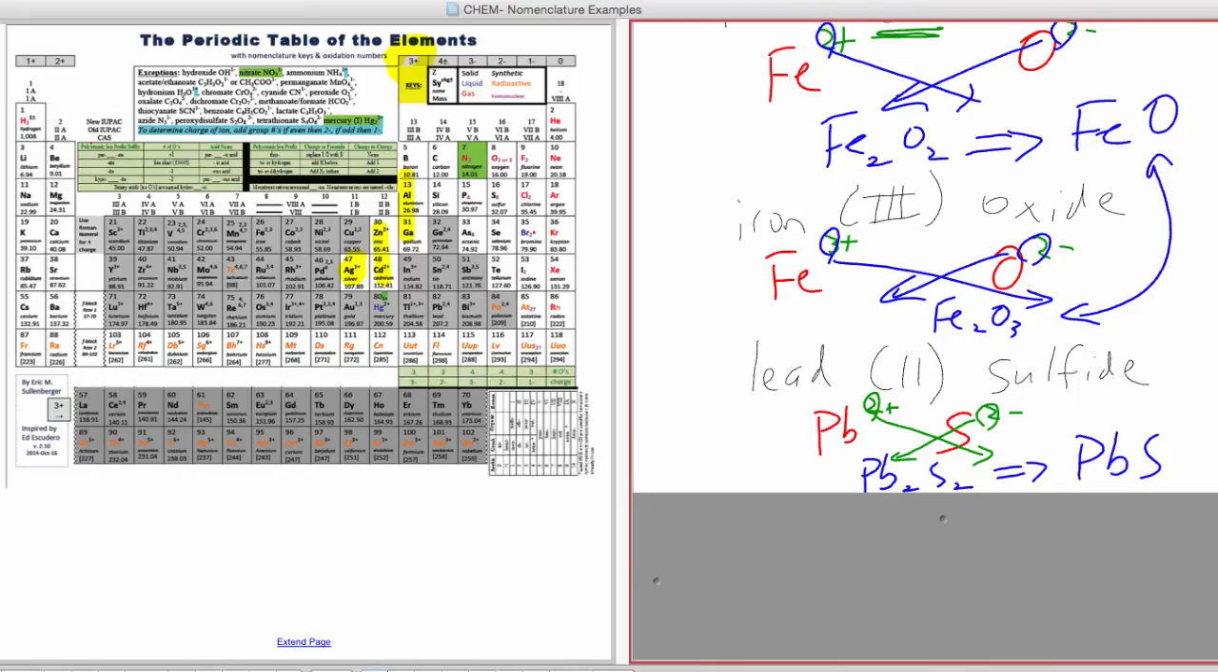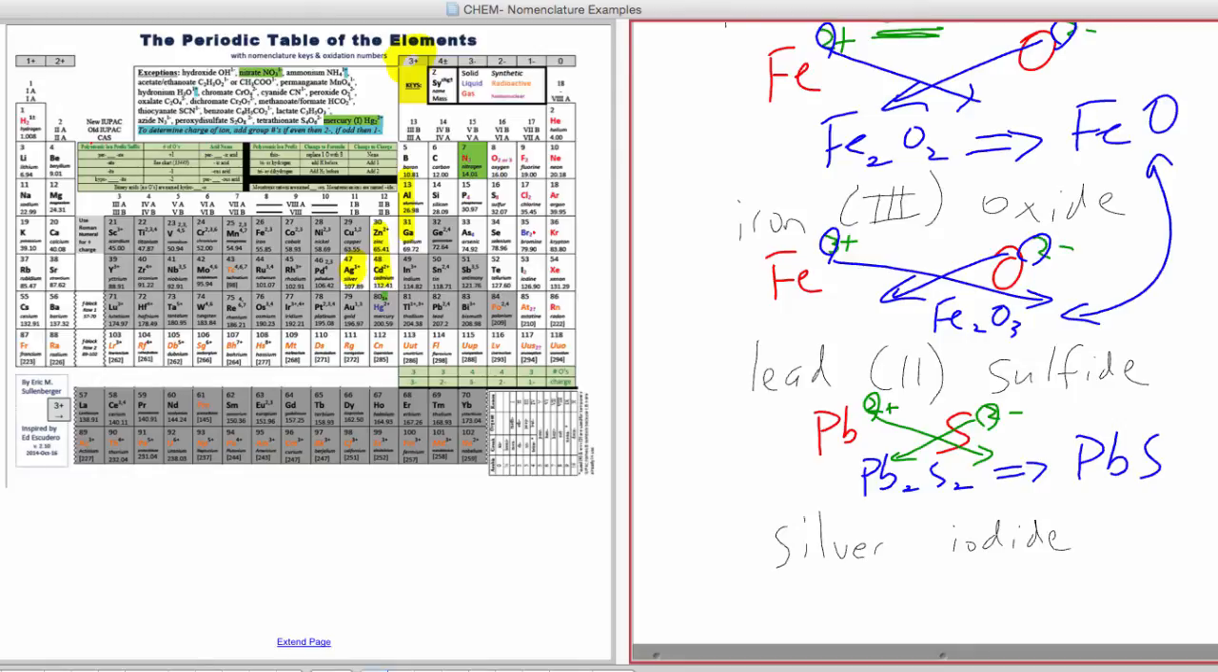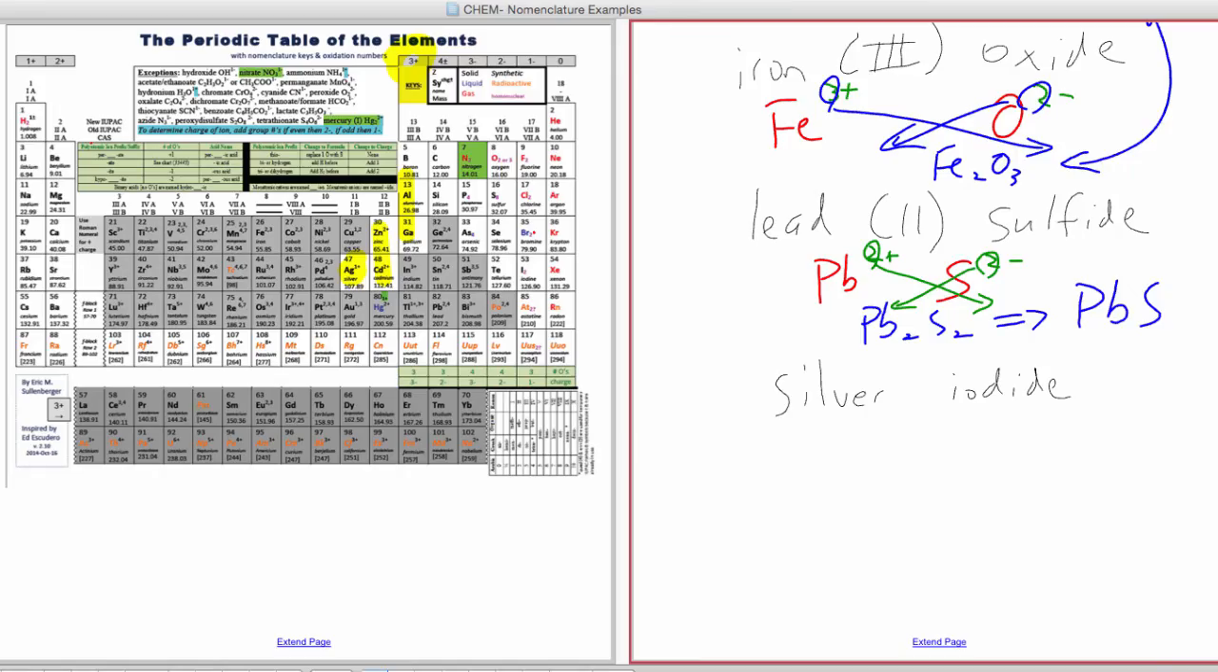In fact, it's one of my favorite minerals, galena. If you remind me in class, I'll pass around a sample of it to show you why it's my favorite. Anyway,